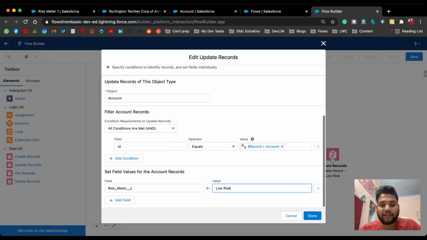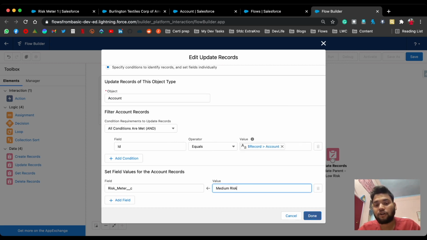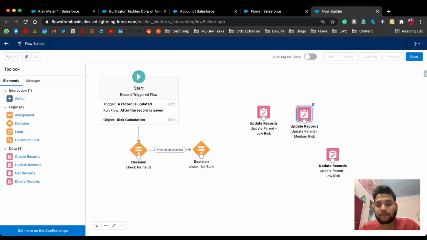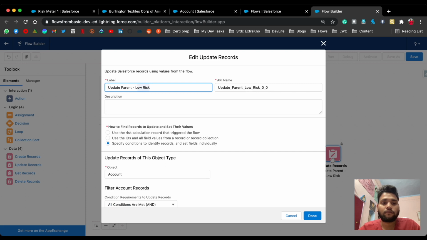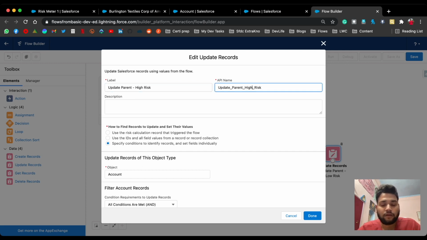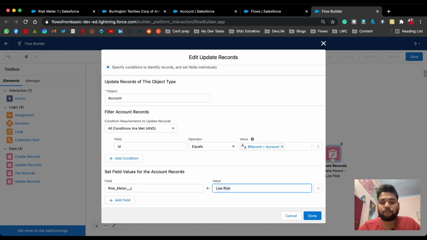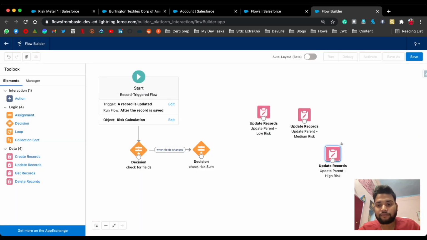And here you need to select medium risk instead of low, and click done. And similarly you need to do this with high. Now simply change the field value, let's say high risk, and click done.